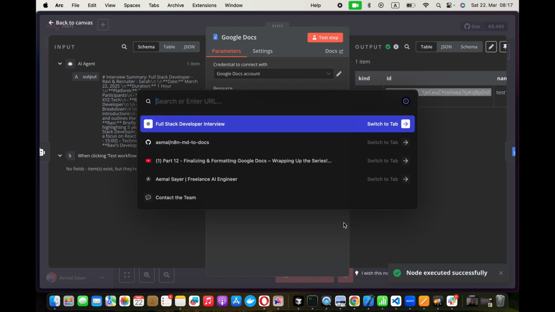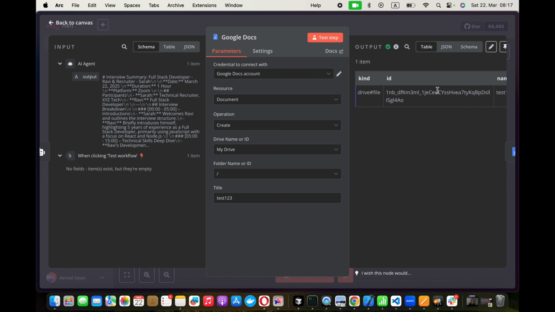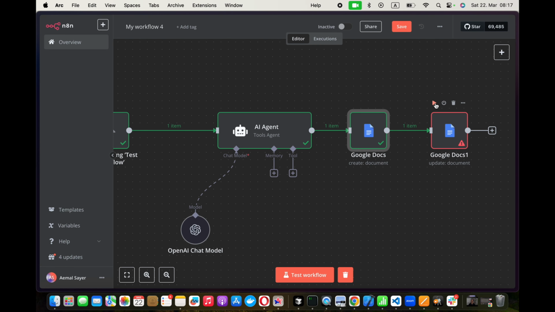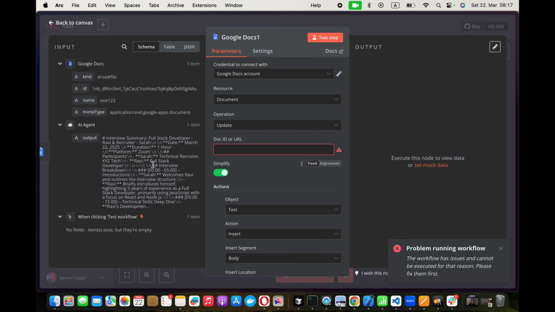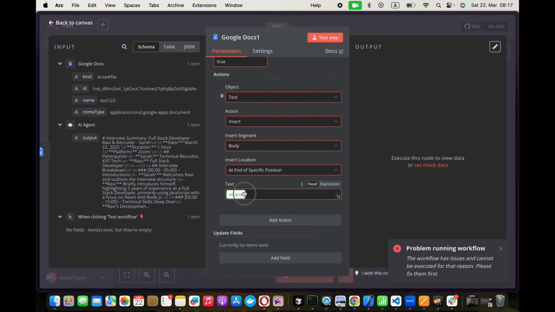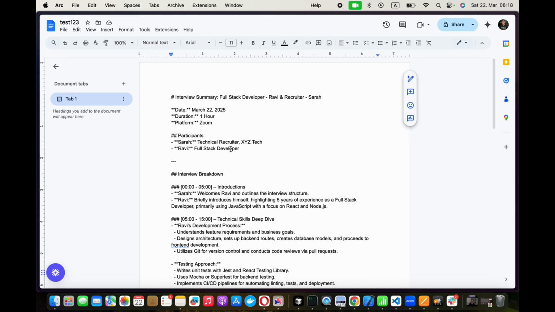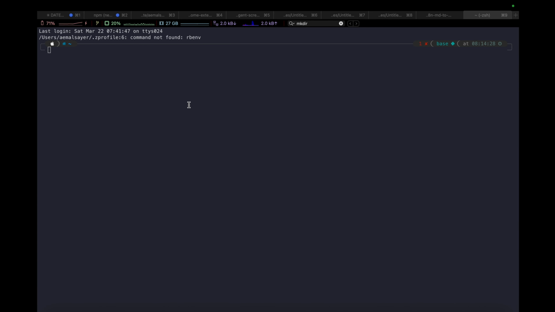I have this document here. Let's go see which, here. So it created this document here, and if I go and execute this part, oh, we didn't do anything here. So let's put this ID here and the output in this text. If I execute this, now you will see that basically this is